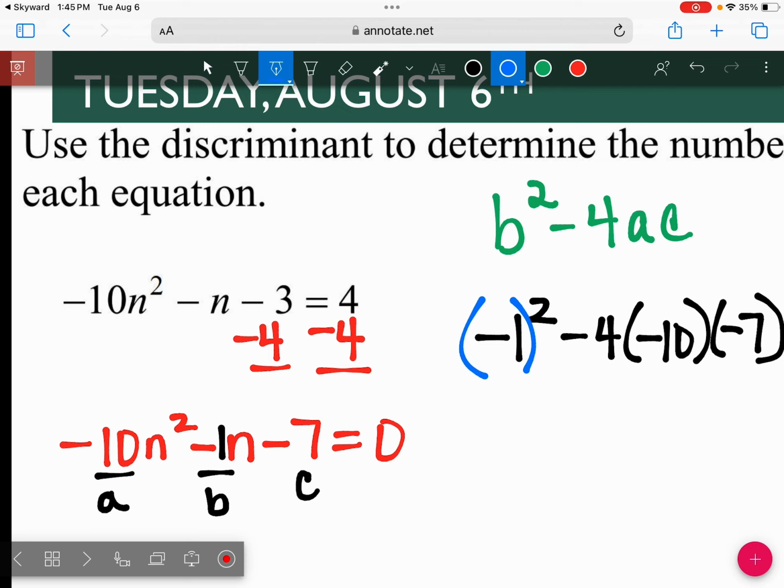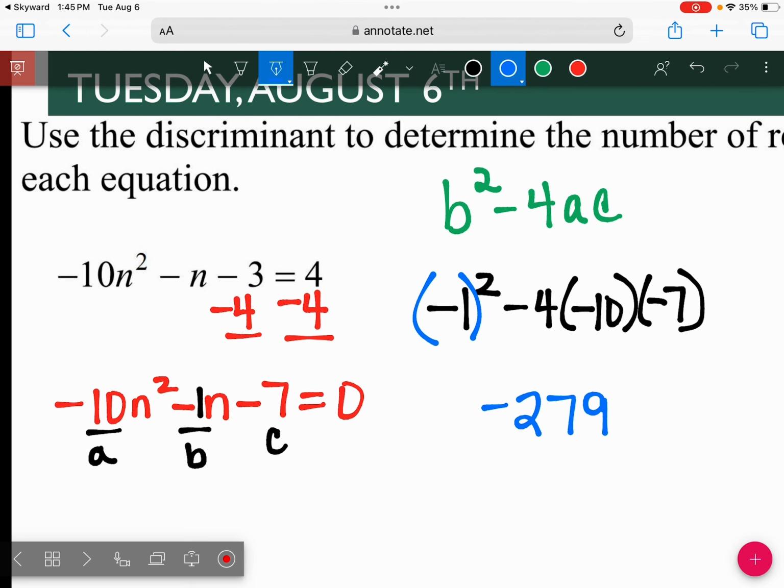And what do you get? Negative 279. Who agrees that it's negative 279? All right, so what does that tell you? How many solutions do we have and what type? 2 imaginary. Anytime this number is negative, you have 2 imaginary